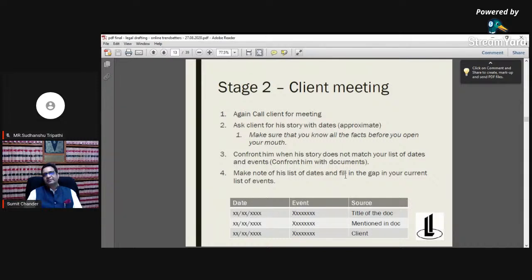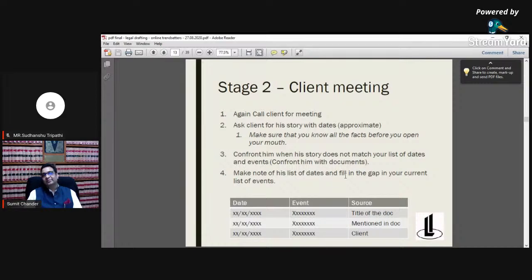In the next stage, when you call the client for a meeting, you ask the client for his story with the dates. Now, in this case, he will give you approximate dates. Now, make sure that you know all your facts before you open your mouth. And I'll give you a nice example of this after this slide. It's very important to hear him carefully. But now that you've read his documents and you're sure the documents don't lie,